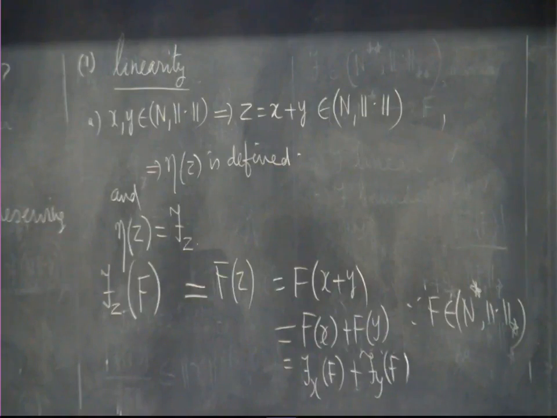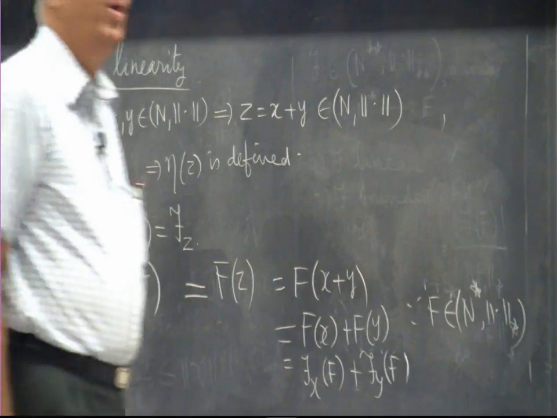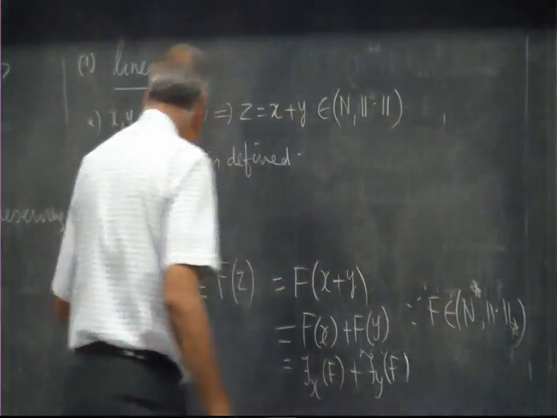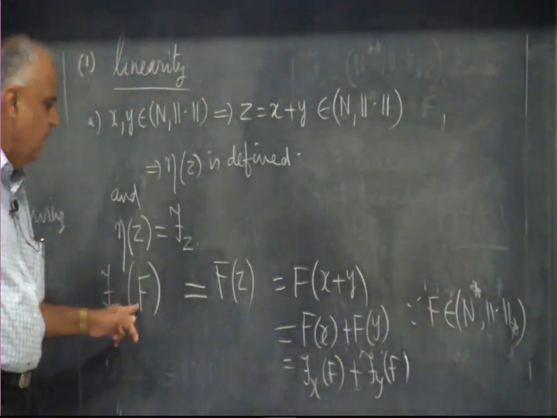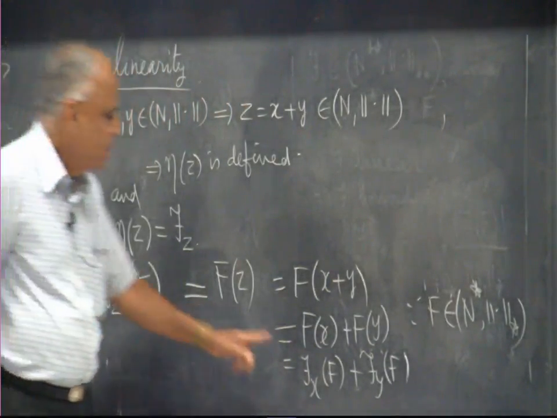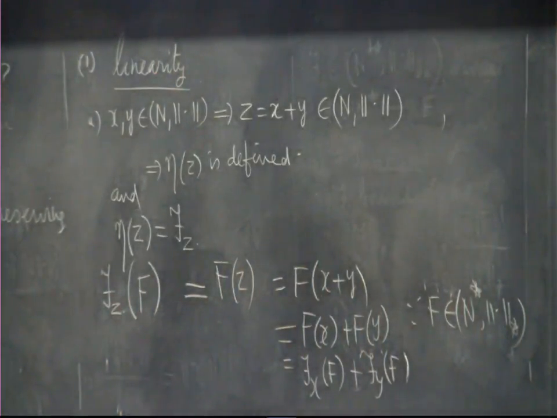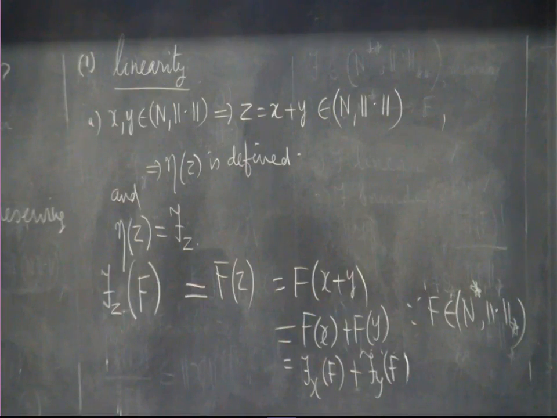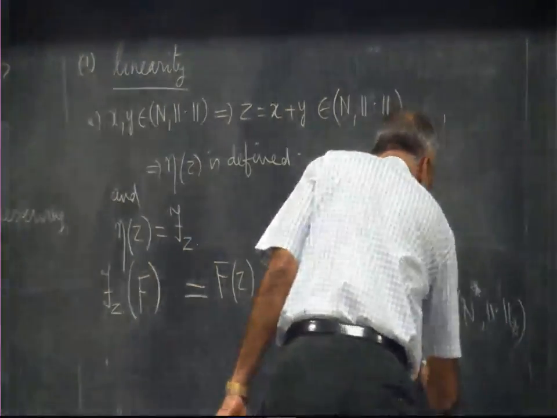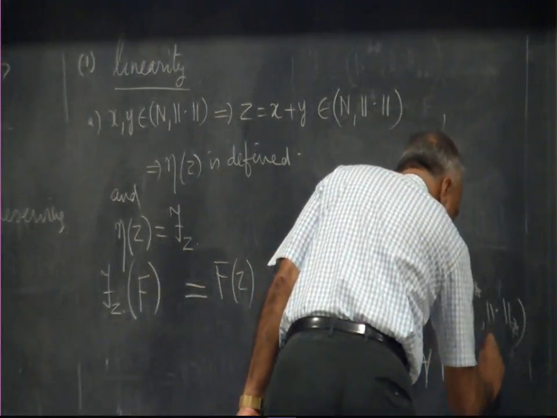Right? Is the computation clear? So what have we got? The action of fz on any f is the same as the action of fx on f plus fy on f, which means this is true for all f. So if two functions coincide at all the points, that means the functions must be the same. So this is true for every f in n star,